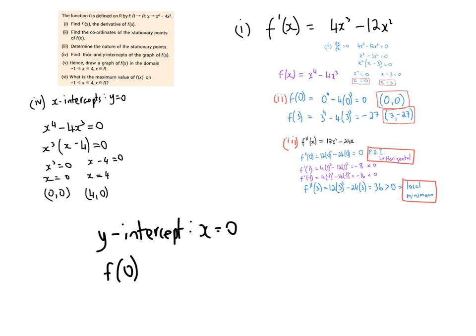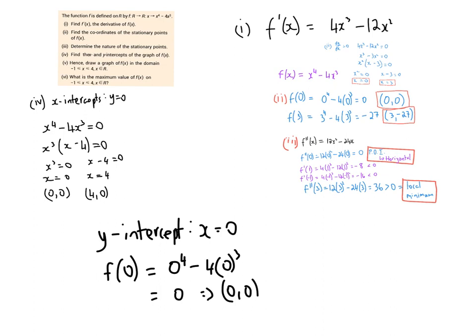Okay, and then just our y-intercept is all we're left to find now. Where it crosses the y-axis, so that's at x equal to 0, so we have f of 0 is equal to 0 to the power of 4 minus 4 times 0 cubed, which is 0 as well. So that's the point (0, 0), which we already know is our point of inflection. So now we can graph,